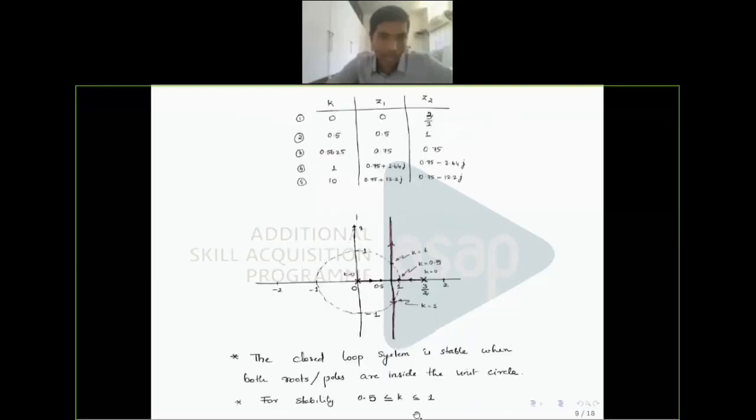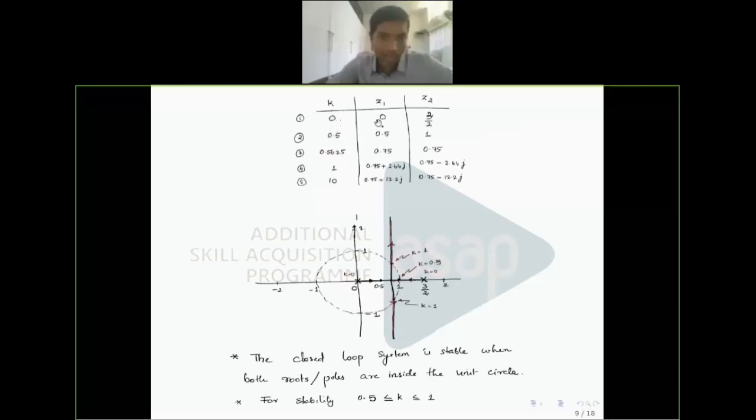So similarly, I have put different values. In the slide, you can see I have put A is equal to 0, I have put A is equal to 0.5, then I have put A is equal to 0.5625 for some particular reason. Then I have put A is equal to 1. So I am increasing the value of A, and I found the solution of the characteristic equation. So I have already found when K is equal to 0, it is the solution of 0 and 3 by 2.